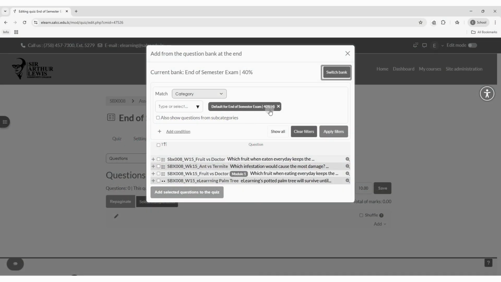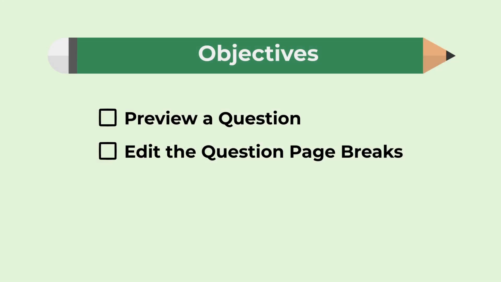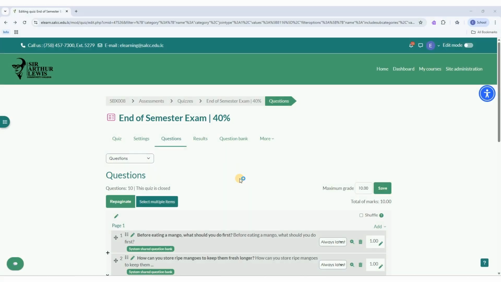In the last video, we demonstrated how to add a question from the question bank and how to add a random question. In this video, we will demonstrate how to 1. Preview a question, and 2. Edit the question page breaks. Let's get started. On the questions page, go to a question and click on the icon that looks like a